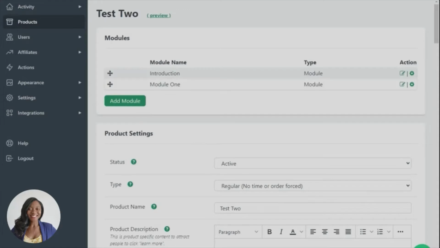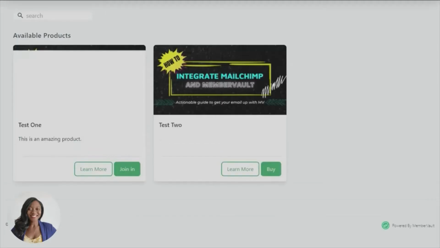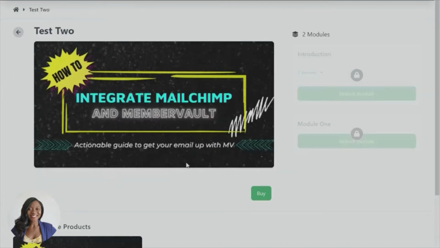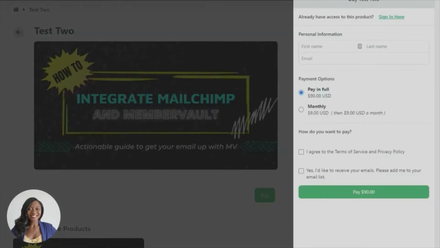Okay, so I think that's everything. So I'm just going to quickly jump on the front end and show you what I've just set up. Okay, so going to my MemberVault page, that's test 2, and you can see the products in there. If you click on learn more, if you'd set up the product promo text, that will come over here. If I just go back to where I was, if I click on buy, then that will take me to